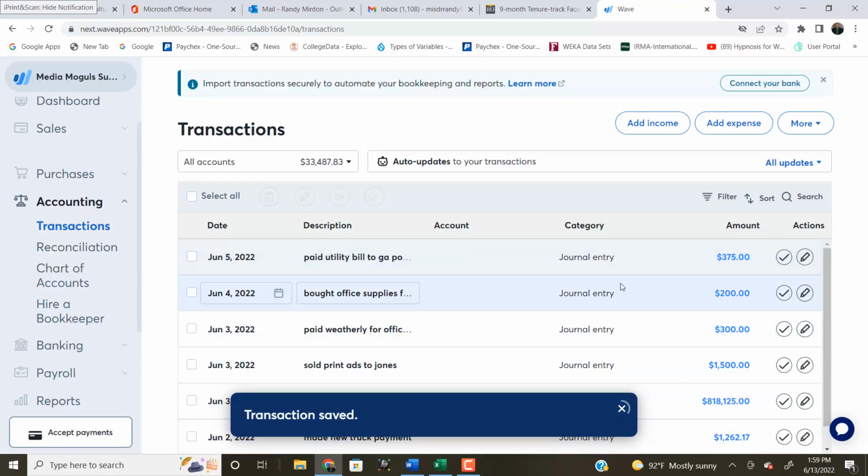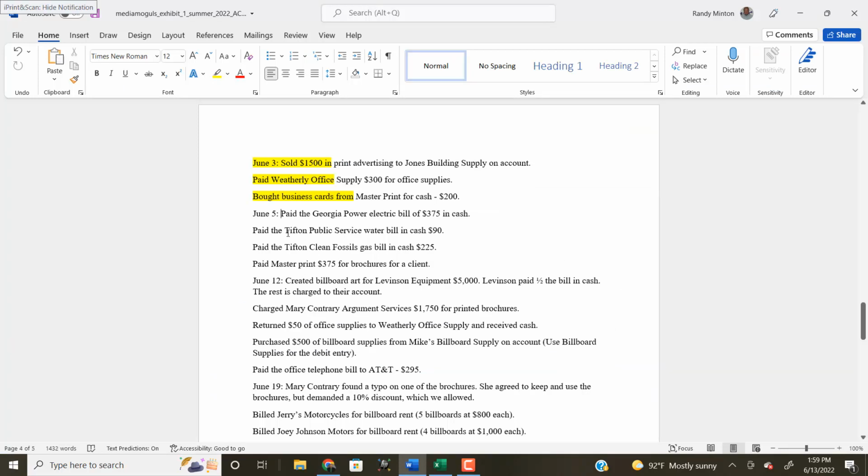And we should see $375 pop up over here. And so what we know is this thing is working dynamically. In other words, every time I make an entry, it updates the file. So that if I were to pull an income statement right now,